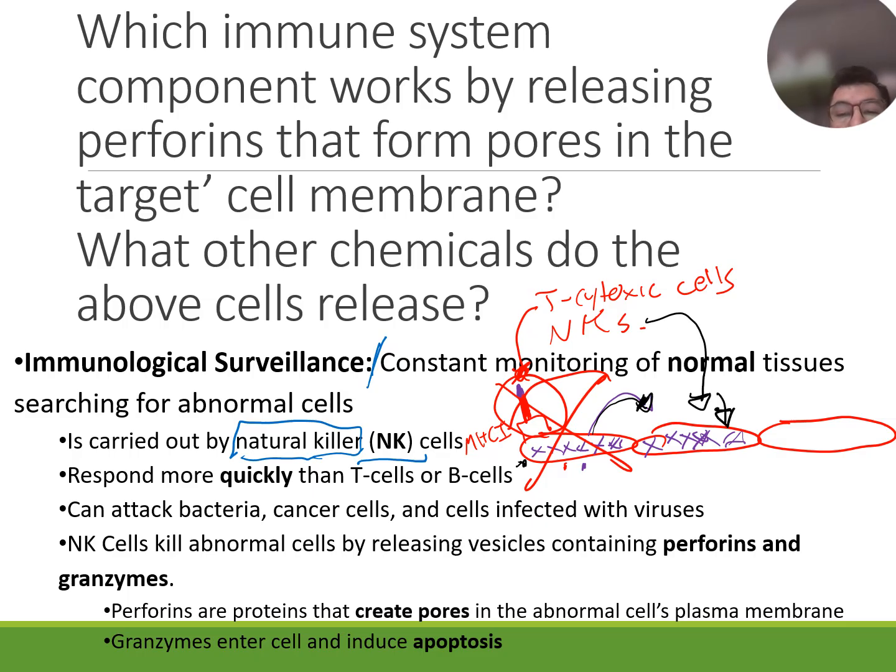It will create a hole through perforins, and after it creates a hole, it will then introduce granzymes, and these granzymes will lead to apoptosis, so that then this one won't release those viruses. In a cancer cell where there is a mutation, there is something ill or something bad going on with this